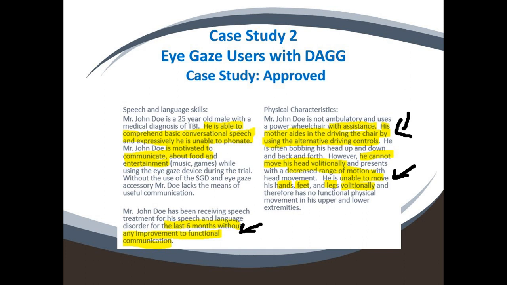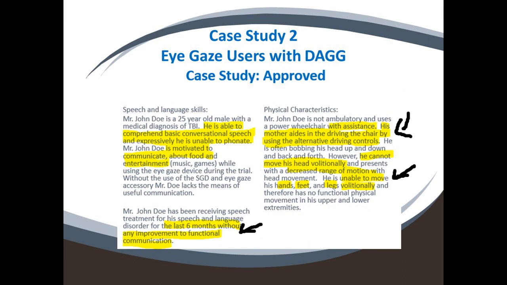The wheelchair also was something that was inconsistent. We said that he had a wheelchair. So if you're putting that in the report, but you're also saying eye gaze, you have to explain who's driving that wheelchair, because